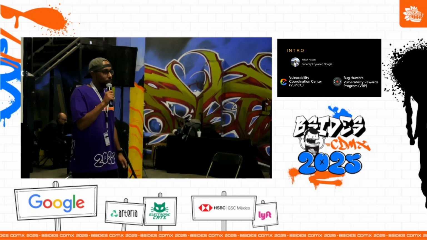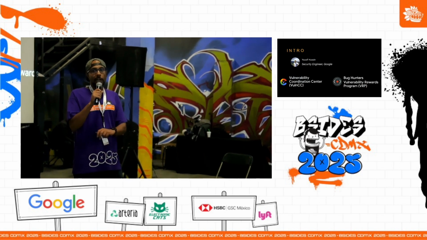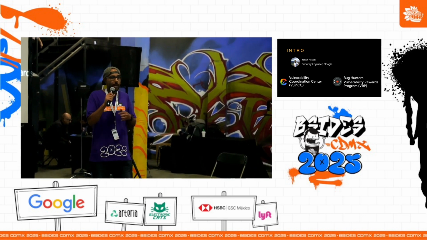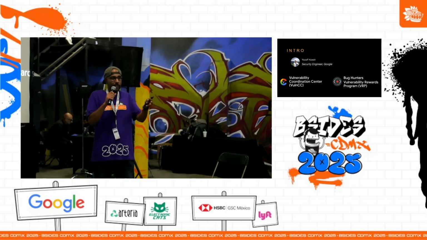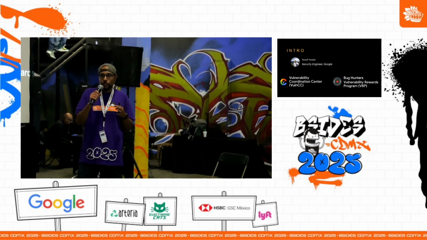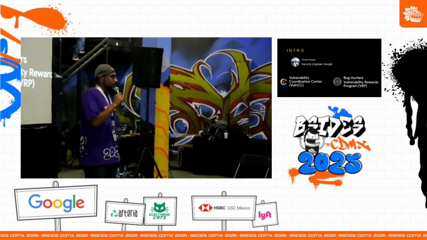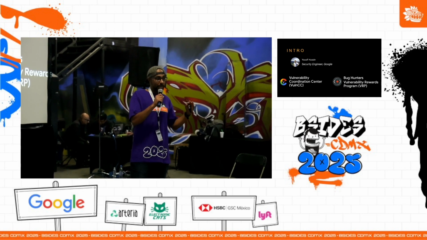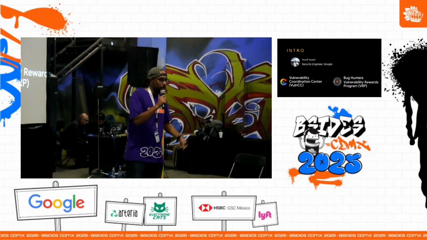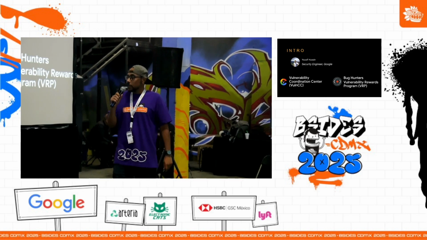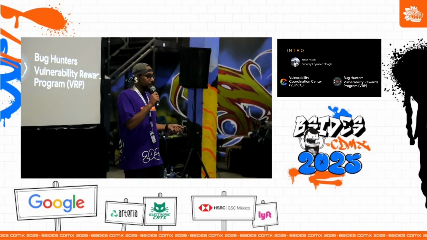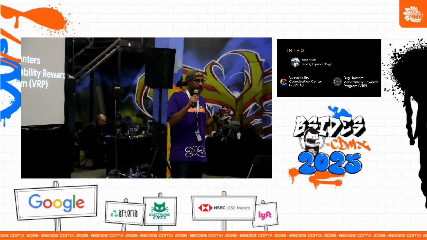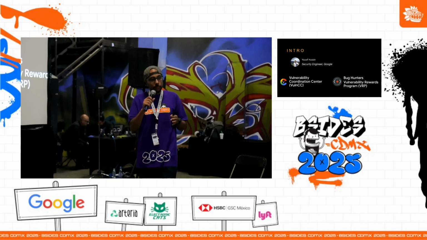I joined Google about 2 years and a half ago, and I did multiple things at Google. I'm a security engineer and I've done a bunch of security things. I actually moved between teams. Within the 2 years and a half, roughly, I worked with like 4 teams already. But the talk that I'm going to be doing here is more related to my first team that I was part of when I was at Google. I was in a team called the Vulnerability Coordination Center, which is the team that is responsible for the mitigation of large-scale critical vulnerabilities that affect Google products.